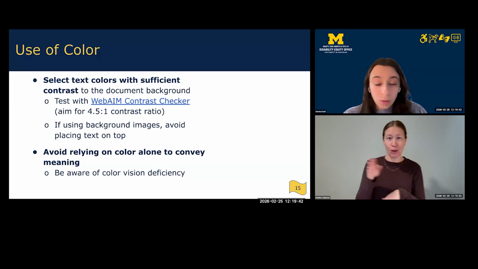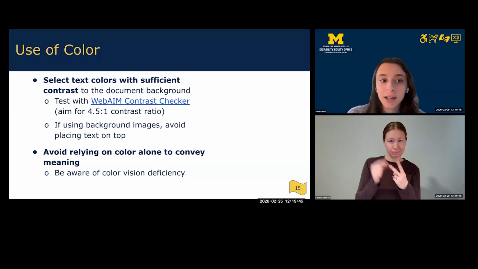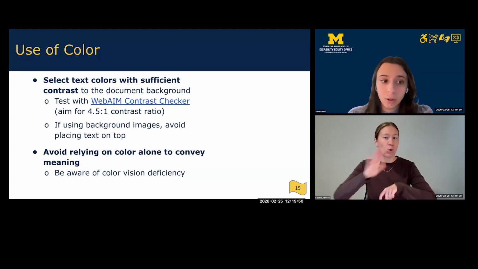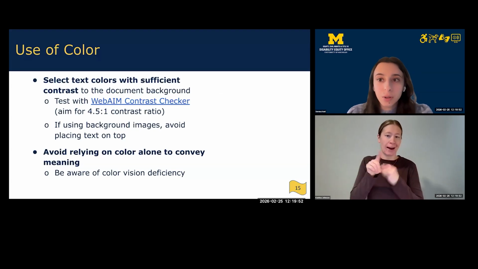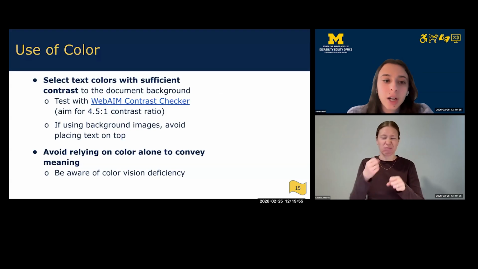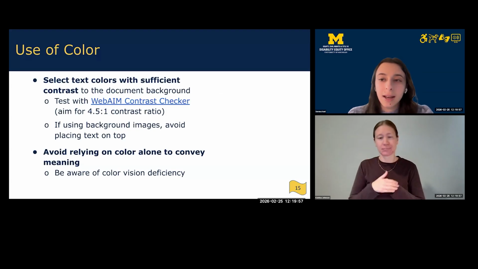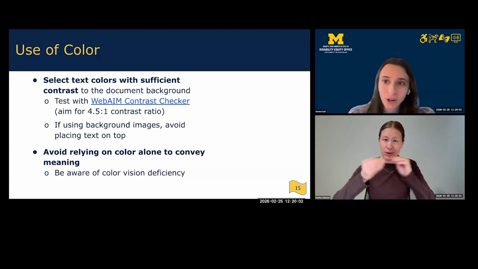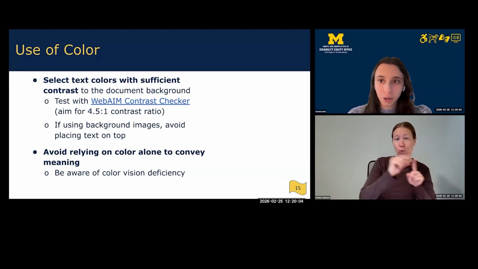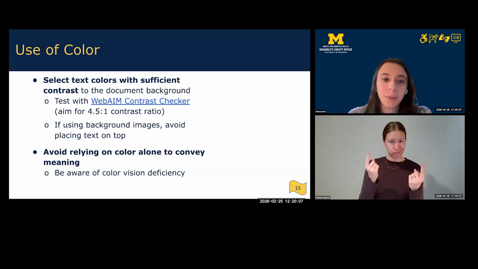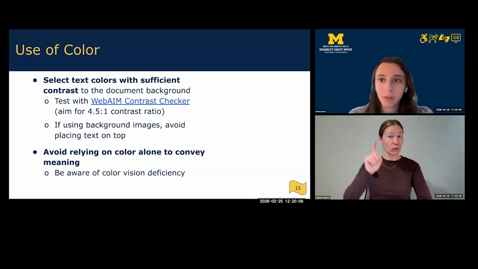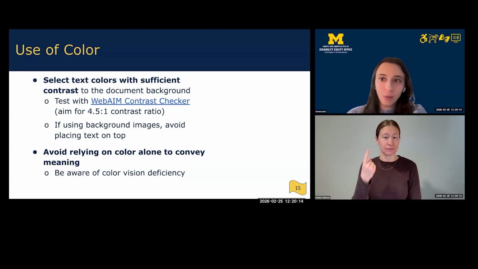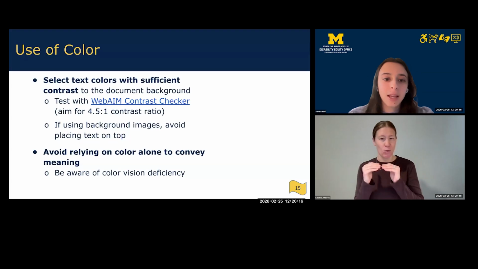There are a lot of different tools available for checking color contrast. I have one linked in the slides that works nicely with Google, but you can use whichever tool that you like. Contrast checkers will generate what is called a contrast ratio for you. That is the contrast between the foreground color and the background color you inputted. The magic number you're looking for is 4.5 to 1. So your contrast ratio needs to be greater than or equal to 4.5.